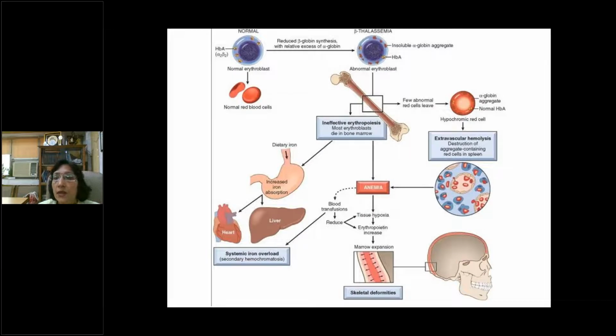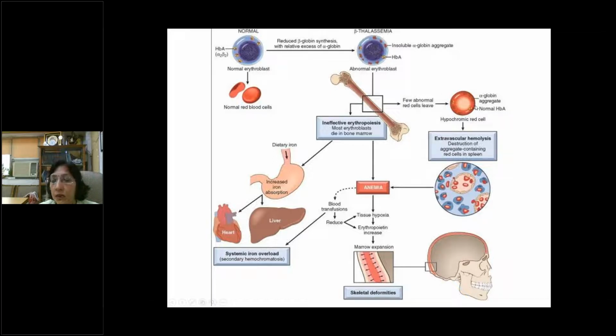What will happen if there is hemolysis due to thalassemia? You can see this is the normal, and this is the beta thalassemia. Whenever there is hemolysis, it can lead to more and more RBC production in the bone marrow. With more RBC production in the bone marrow, there will be skeletal changes. You can see the widened diploic space in the skull, and changes even in the mandible. You can observe the bony changes in thalassemia because of marrow expansion.